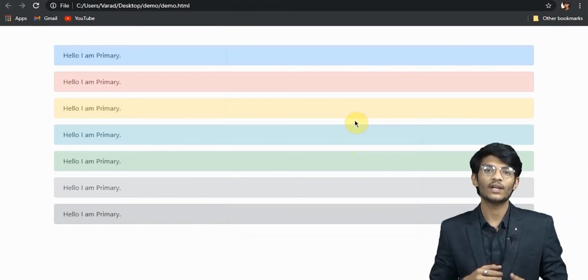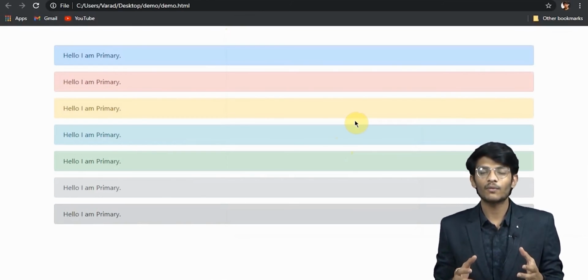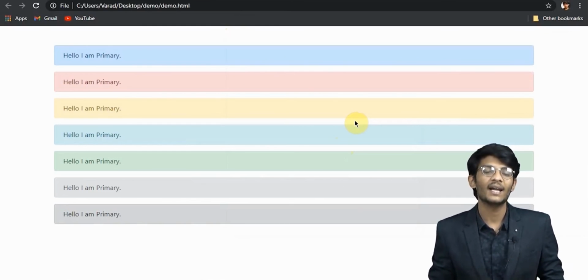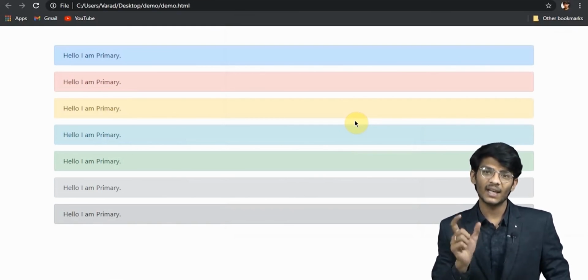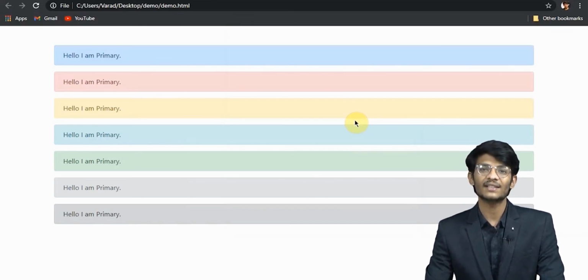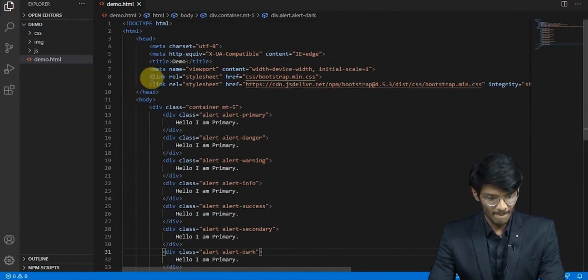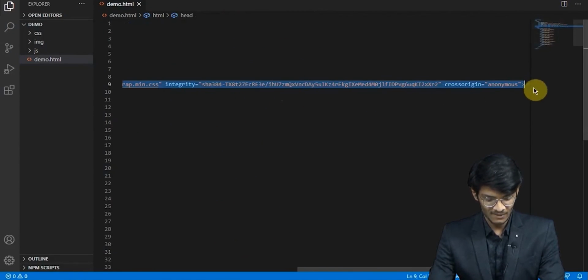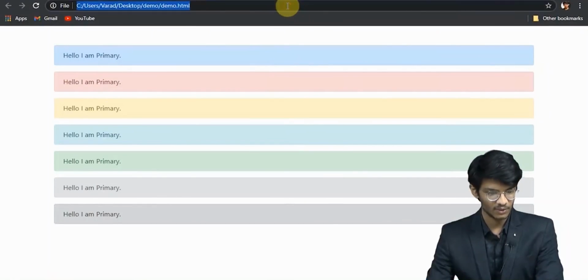So what we saw today: we saw a Jumbotron for making the heading look beautiful on our website page, and with that we saw the various contextual alert boxes by just giving a particular Bootstrap class. So now let's just try that in CSS. What do we get? We'll hide that particular link and we will see what we get in the browser.